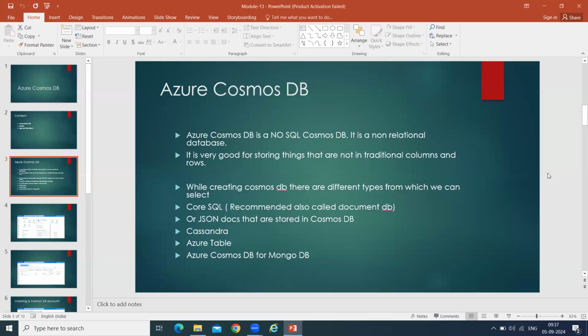The others we don't usually use, but we use this. There are multiple options: Cassandra, JSON, MongoDB, Core SQL, but the recommended one is Core SQL. Core SQL I couldn't see.